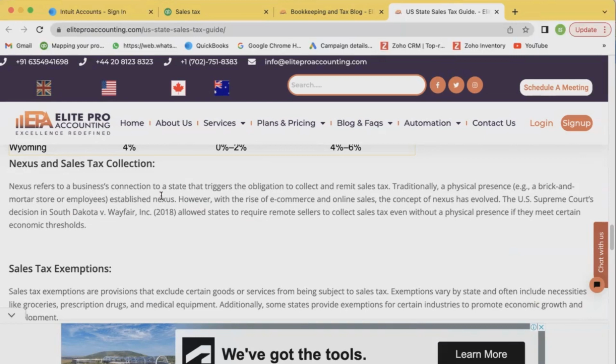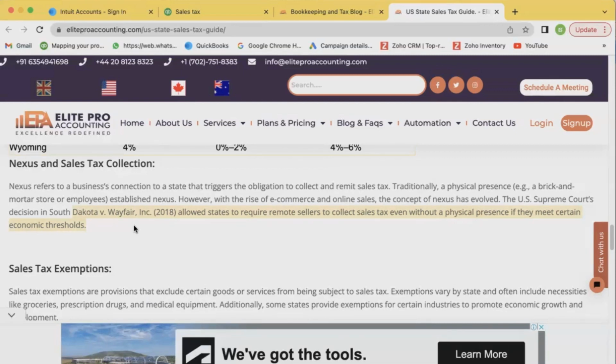Let's say the business is situated in New York, and the New York company is selling into California. In California, the company doesn't have any physical existence, but due to the recent case between South Dakota versus Wayfair, it has been upheld that even if the business doesn't have a physical existence there,